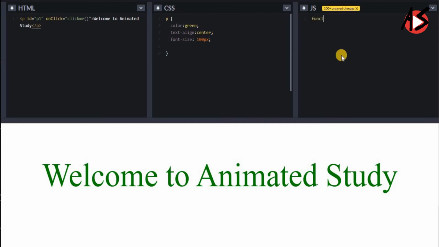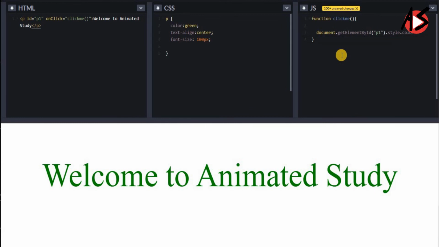So what happens when I press on the text welcome to animated study, I am writing the function clickMe, and you can write document.getElementById. We have given p1, so we can write here id p1, so we can access the particular element from the HTML document.